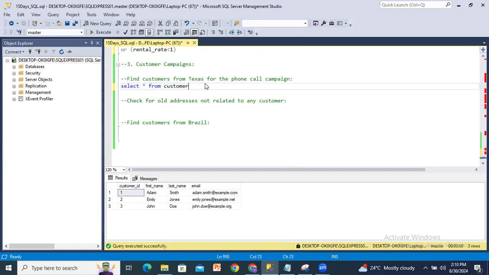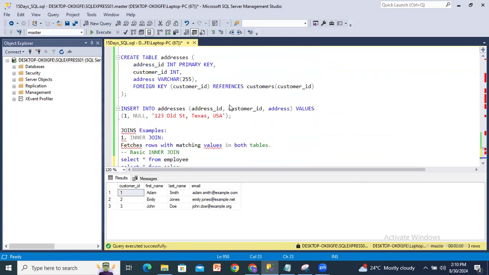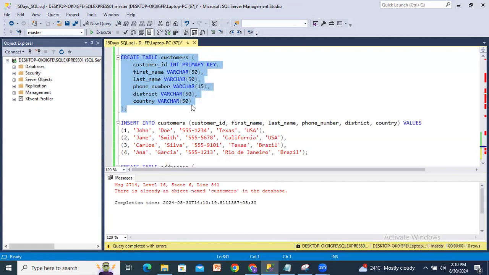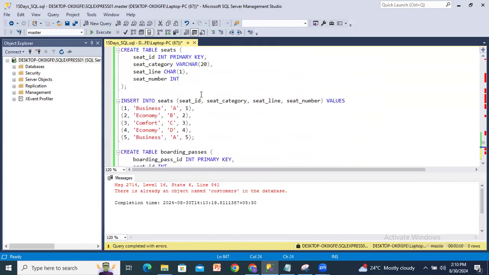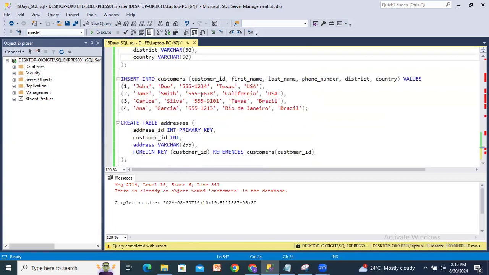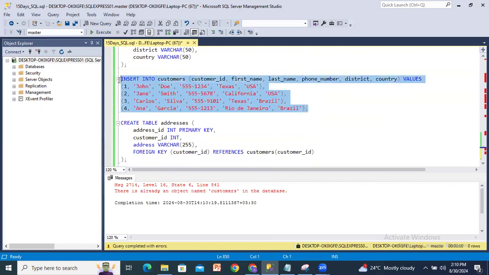But in this one, there is no information, right? Column district. I think we had to create one more table. Okay, this one. Create. There is already a database. Yeah, district is available. If I insert this one,